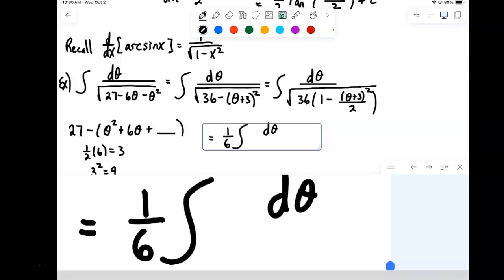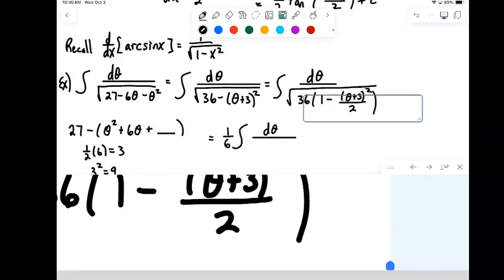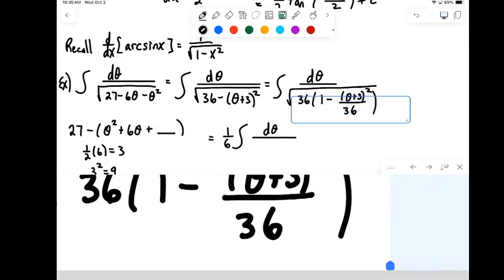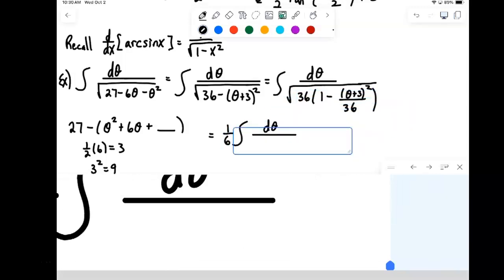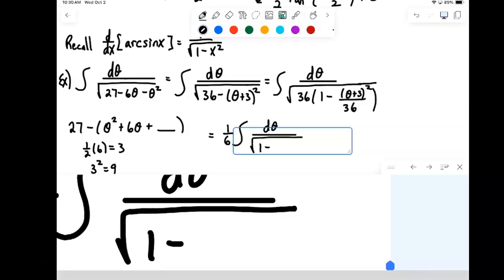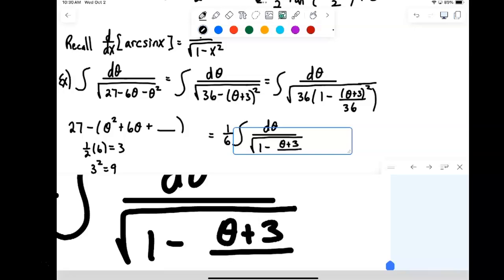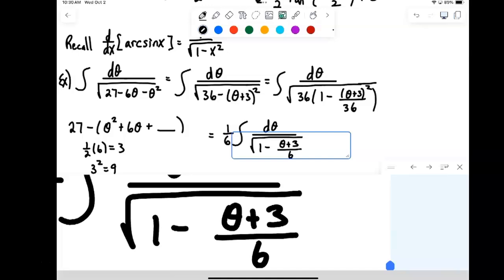And now I have d theta over, and that's not over 2, I'm sorry, that should be over 36. It should be over 36. And now I can rewrite that stuff inside as the square root of 1 minus theta plus 3 over 6